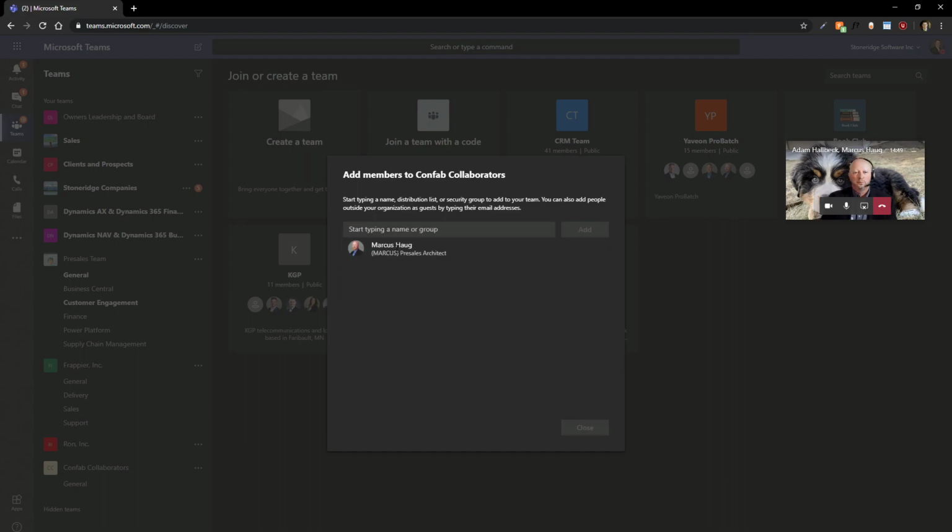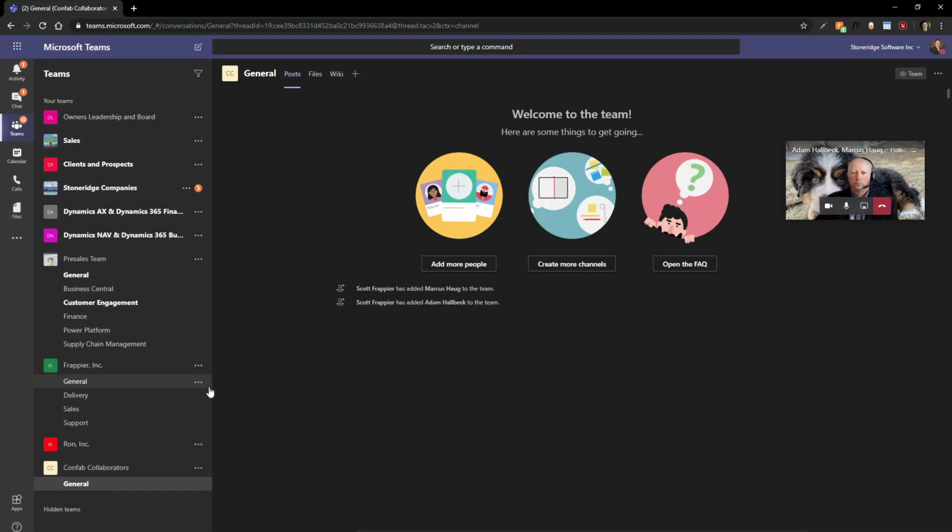I can also add Marcus, for example, then I can go ahead and add Adam if I want to, and I can set the different permission levels as well for them, meaning are they an owner so that they have more permissions on how they regulate the channels and everything inside of here, or if they're just members. So I'm just going to go ahead and create that really quickly here, and you can see now that I